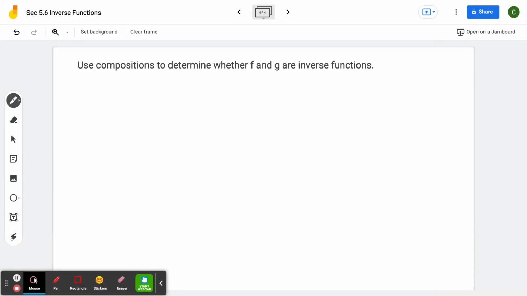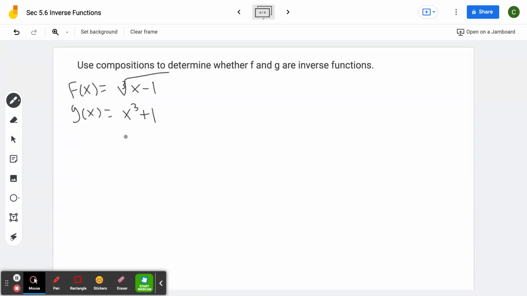Use compositions to determine whether f and g are inverse functions. So if I have f of x equal to the cube root of x minus 1, and my g of x equals x cubed plus 1,